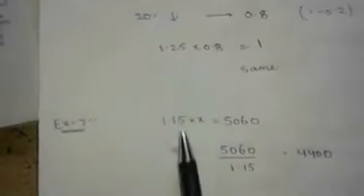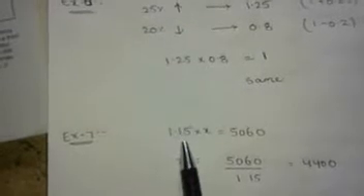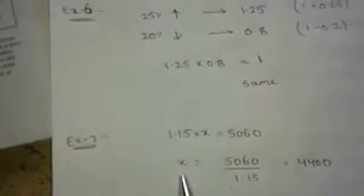We have to find the value of x. So how can we solve this? It's very simple. As I have already told you, since the value is increased, you have to add it. So it would be 1 plus 0.15, since 15% can be written as 0.15. 1.15 times x is 5060. x would be 5060 by 1.15. That would be 4400. That's it.